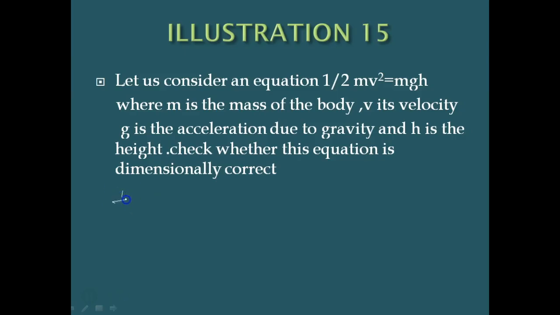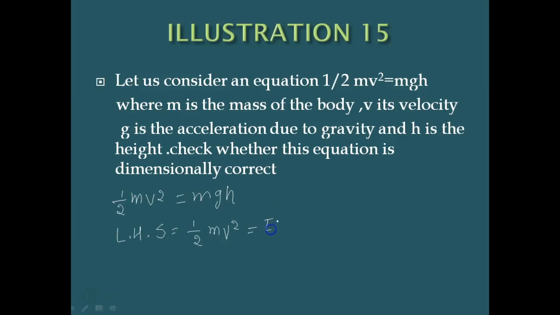So the given equation is half into mv square is equal to mgh. The LHS is half mv square, and the dimensions for this are given by,